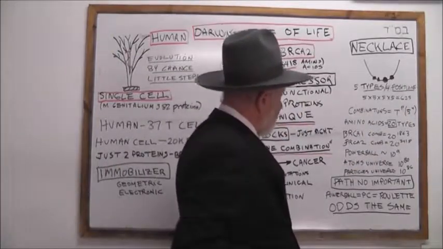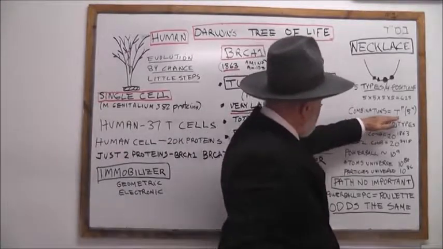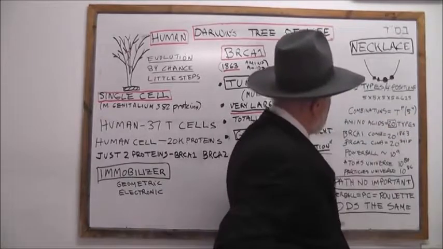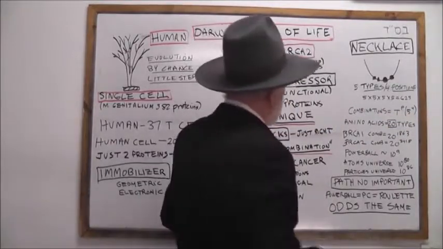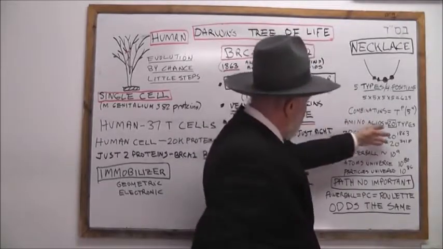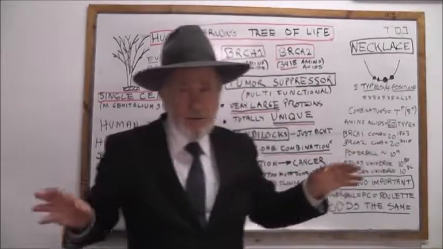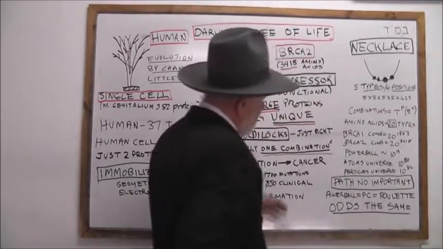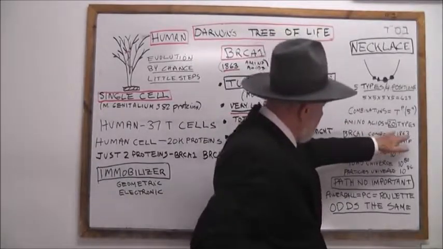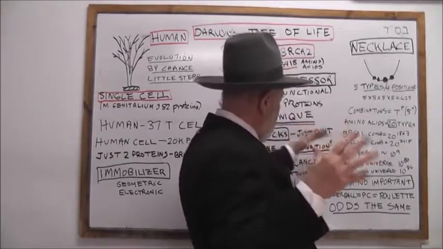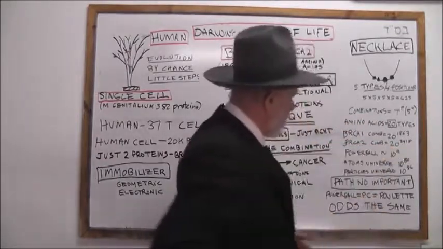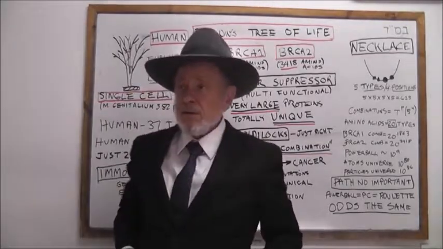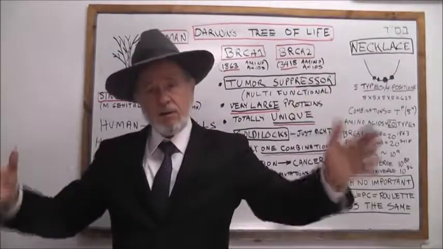The general formula for these combinations is T to the P, where T is the number of types and P is the total positions. In these large proteins, you have 20 different amino acids, and the combinations are basically using this formula. You have 20 to the 1863 power, a very large number. And for BRCA2, it's even larger, 20 to the 1818. These combinations are so large, at 3,400 zeros,